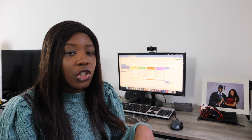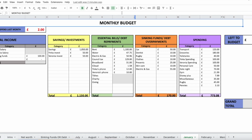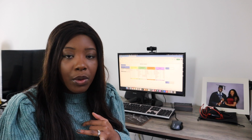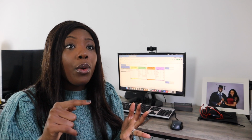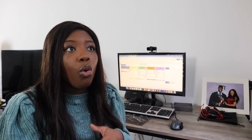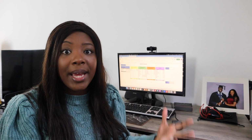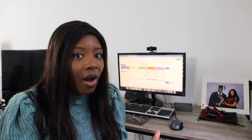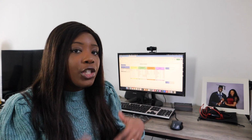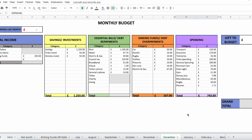When we do have a budget, we will of course include our income, and then we will also include any savings or investments that we want to set aside. We will also have a section for essential bills. These are bills that basically need to be paid for, or are really essential. And then we also have a category for general spending, and it is the general spending part that we track. So let's use December as an example, and I'm also going to do a budget update and track how we actually did for the month of December,